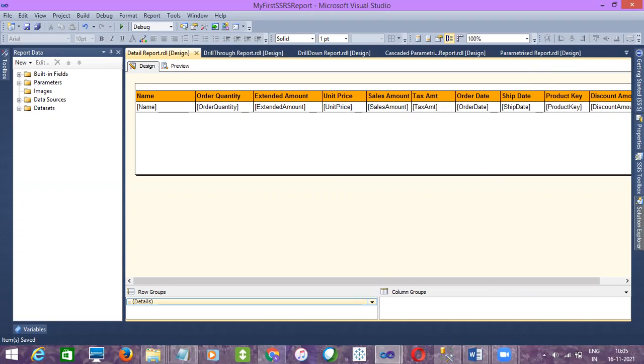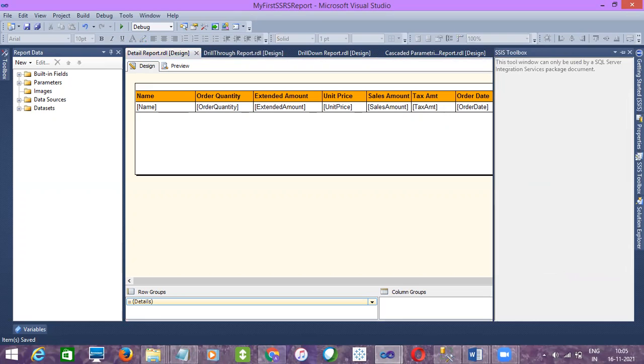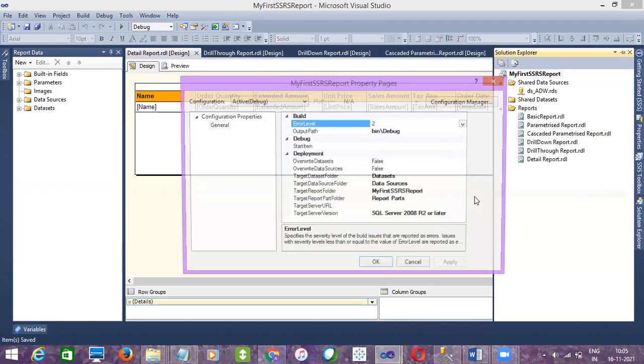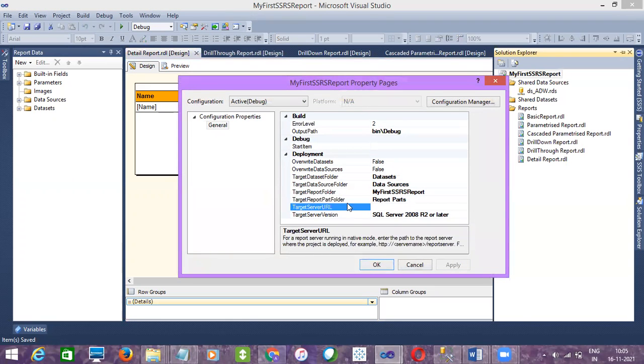See, basically to deploy these reports, you just need to provide a URL. If you right click here and go to properties, you can see the target server URL, right? So in real time, our admin guys will create one link for you, https:// and then report server dot something like this, and they'll map this URL to the report server.